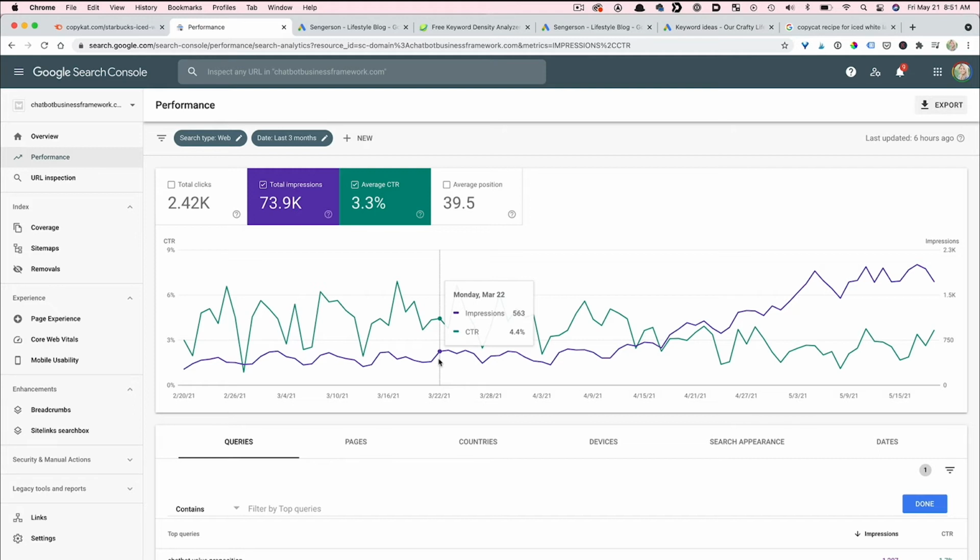So those are the two things I look for in Google Search Console. First off, what's my average position and what other pieces of content can I write so that I'm ranking at the top? And secondly, of the content that is showing in the search engine with my content, which ones maybe have really bad title copy so that I can make it better and increase the click-through rate.